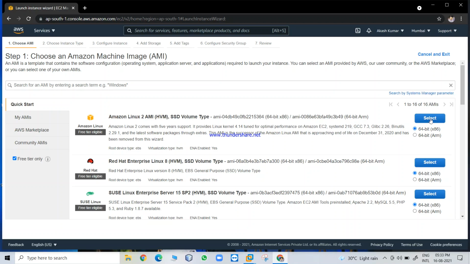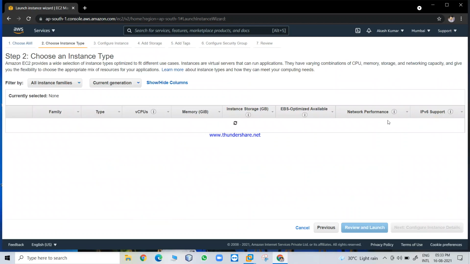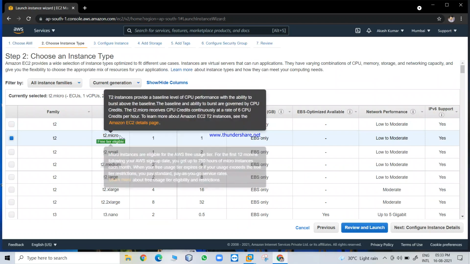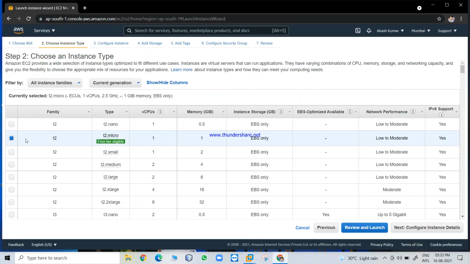Then we click on select. Then we have to click T2 micro. It's already selected here. Then we have to click next: configure instance.